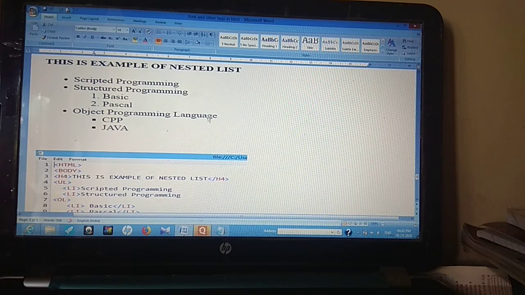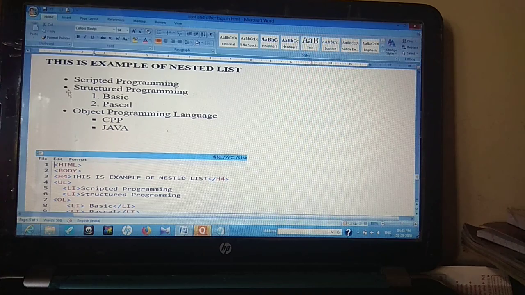In this nested list I have used 3 lists, one over here having the filled circle bullets, dark circles. The second list is having numbers and the third list is having squares. Okay, now I'll show you how I have created it over here.